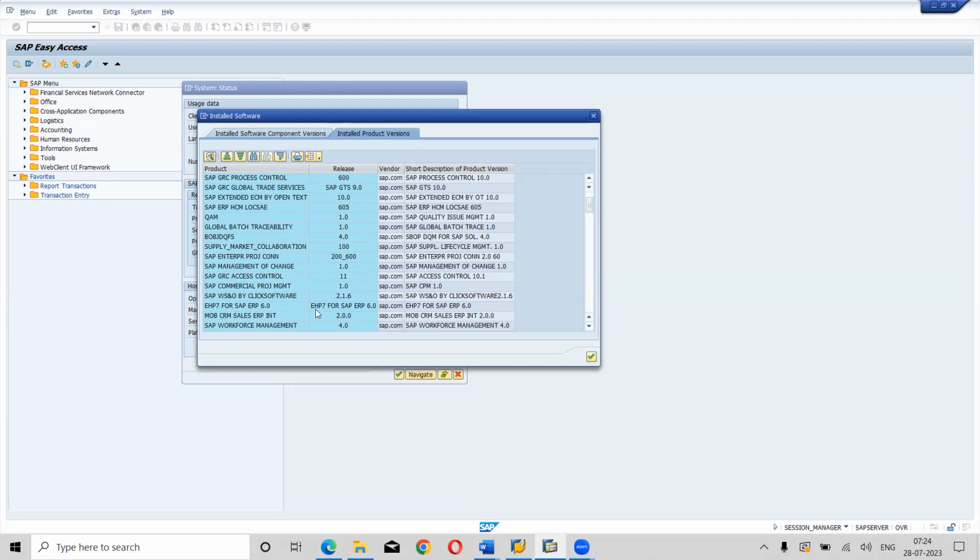So here you will find EHP 7 for SAP ERP, sap.com. So if you have a non-GST version, then here it will show it as 7.06. Got my point? If you will not find this product version, then you can see here